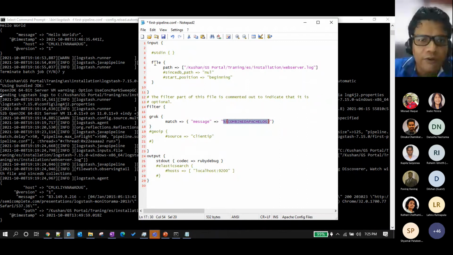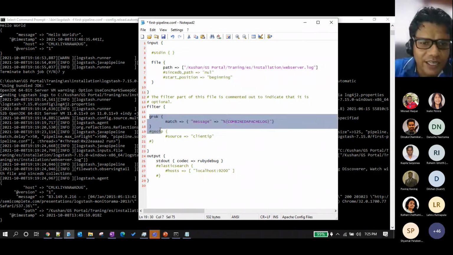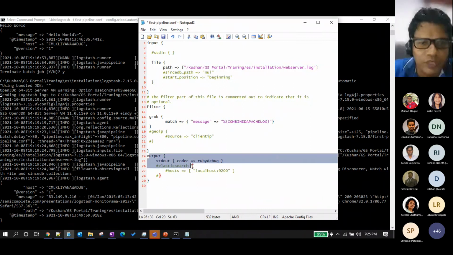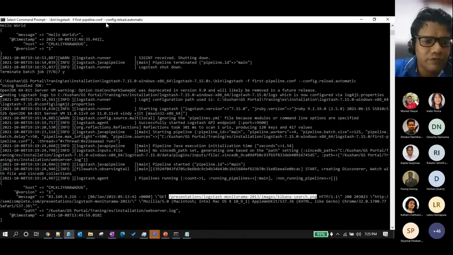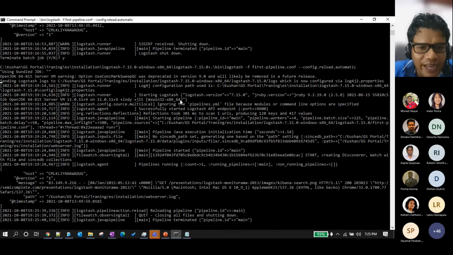Now we input the file, now we filter it, and we will output to stdout. Then I saved it. Now you can see that I didn't restart Logstash.